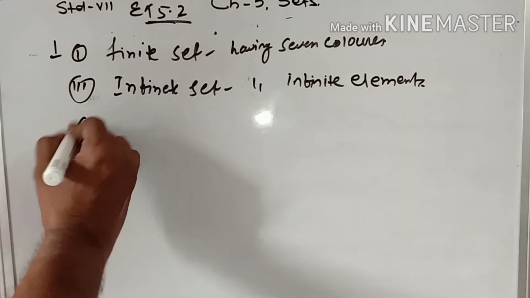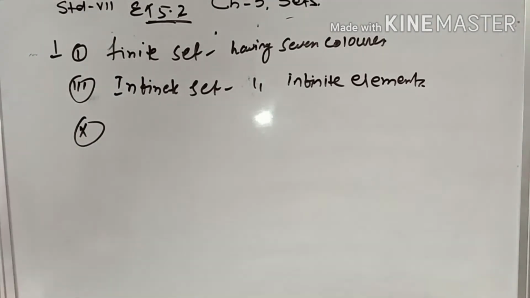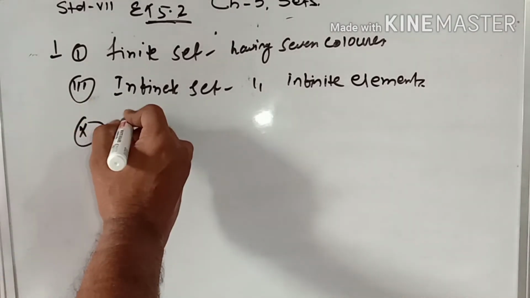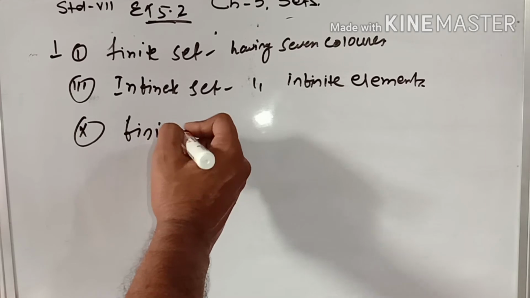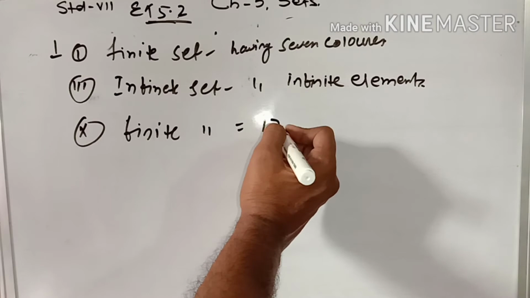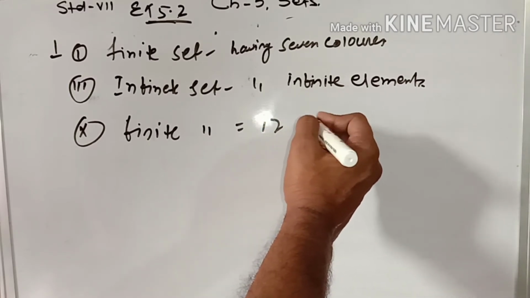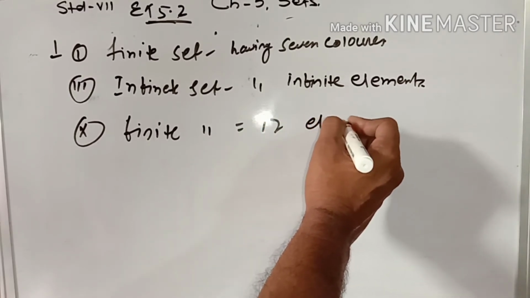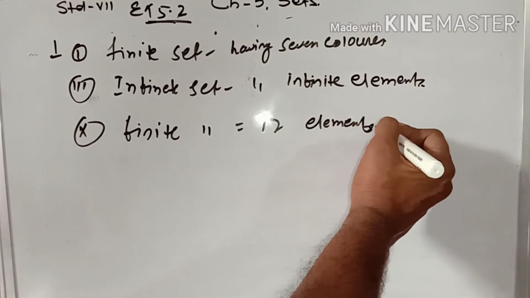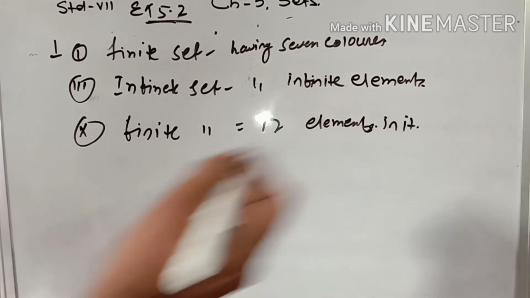Number 10, because you have to rest the part you have to do. It is given the question number means 10. It is given x as that x equal to 5 and n belongs to whole number, and x is less than 60. This is finite. Why? Because as we know, how many elements will come? 12, so 12 elements will come, because less than 60. 12 elements in it. Write down please.